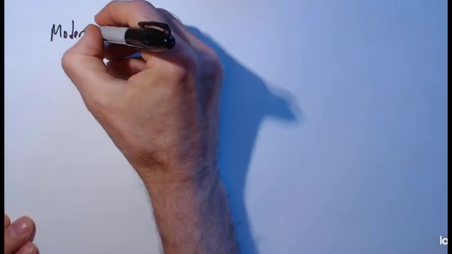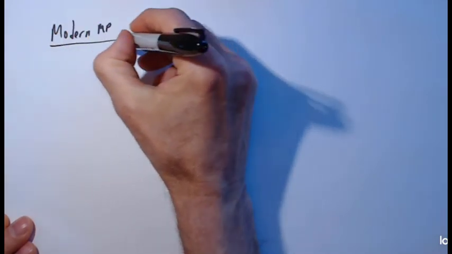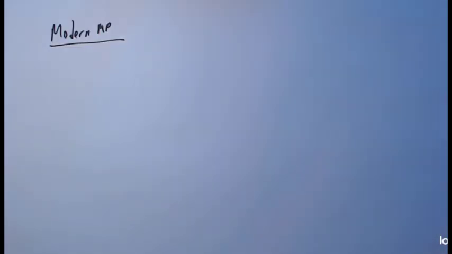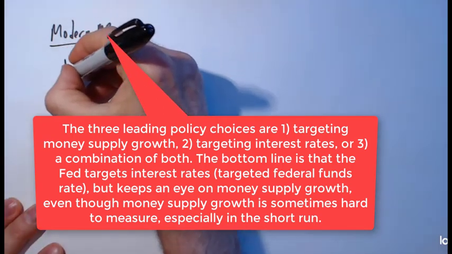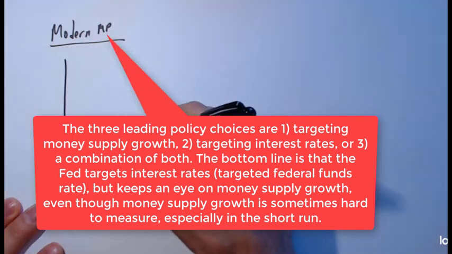Now we get to the more interesting part of this chapter, and that's modern monetary policy. We're now at a point where we've just covered a whole lot of material, and we need to translate it into something useful. What I mean here by monetary policy is what kind of policy the Fed should have when it conducts monetary policy to keep the economy growing nice and stable. Well, before we actually get to that, let's draw a graph that'll help us with that analysis.